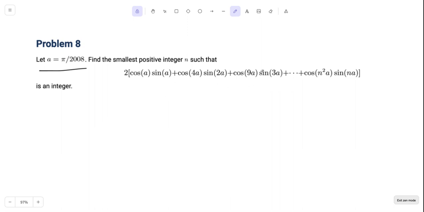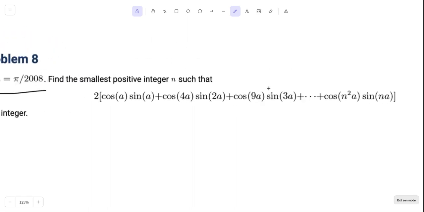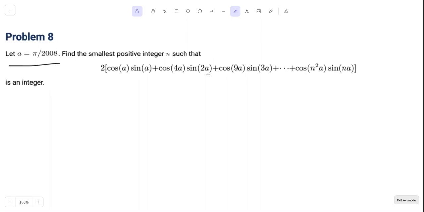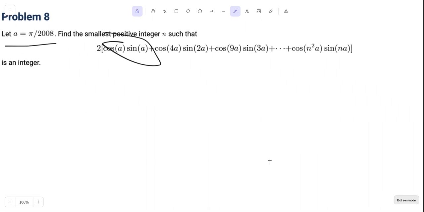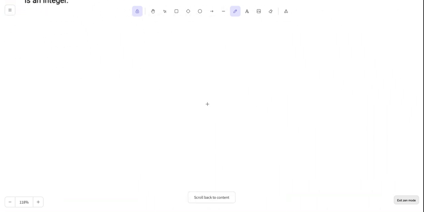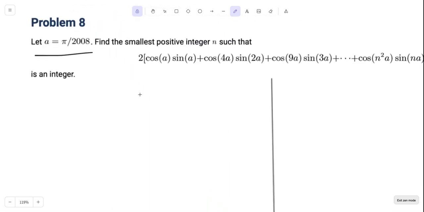So there is no general identity for the nth cosine of the nth theta, but we can use complex numbers or some product of identities. That's what you would think of off the bat because they're products. Let me actually use both ways. If we do the complex number way here,